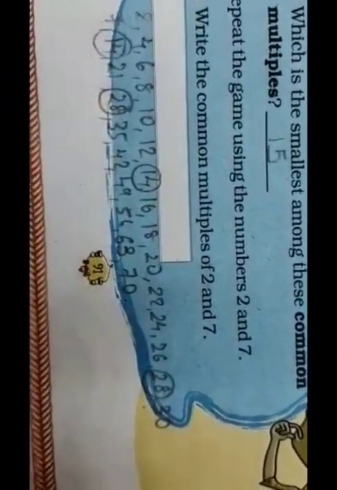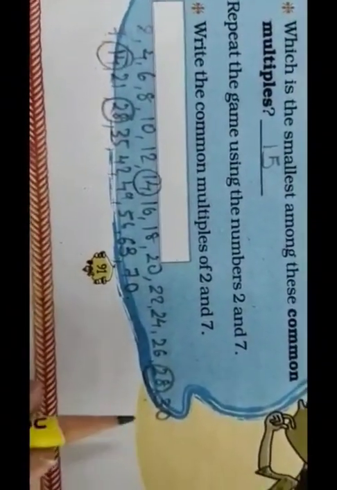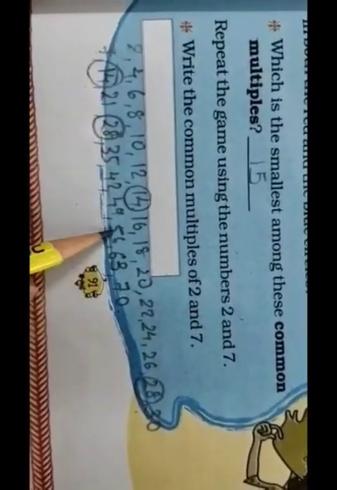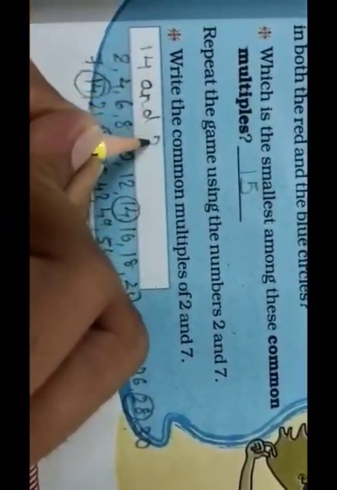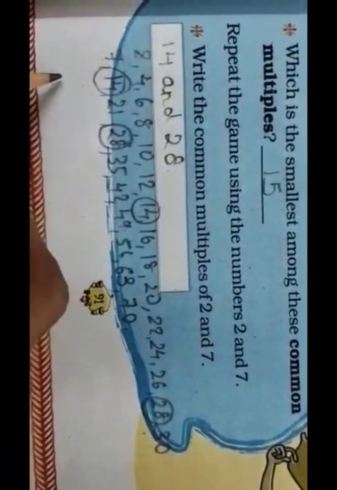If we extend the tables further, we will find more multiples, and then more common multiples we will get. So the common multiples we got were, I will write down the common multiples of 6 and 7. So it is 14 and 28. Now what is the LCM here? Which is the least one? So the LCM, the smallest one, is 14.